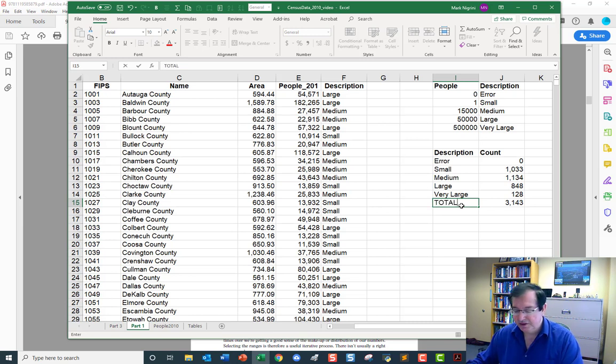My caps lock is on. Turn it off. We can make this bold, and you can put a little underline, or you can make it stand out as a real total, and that should be good. Note,